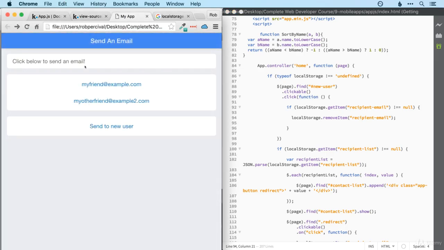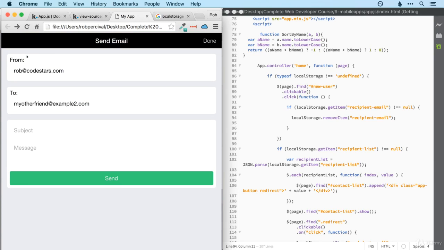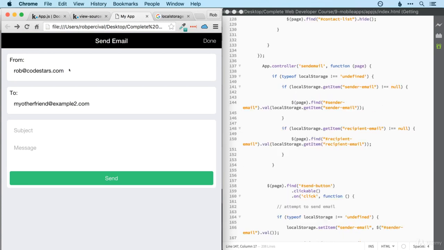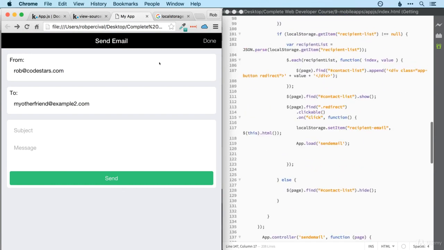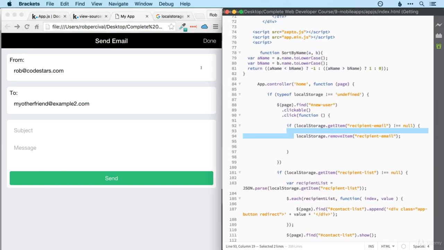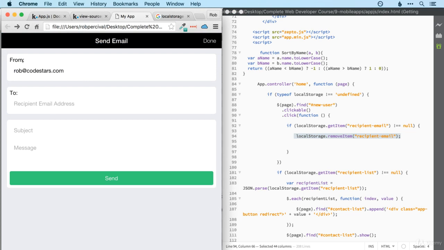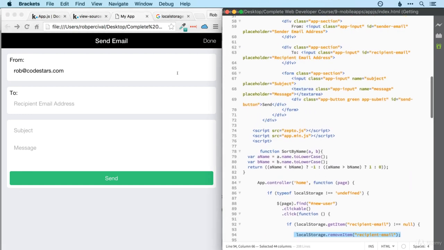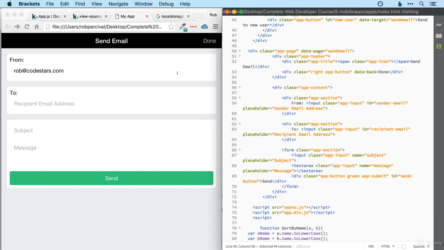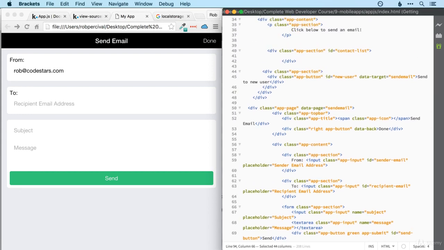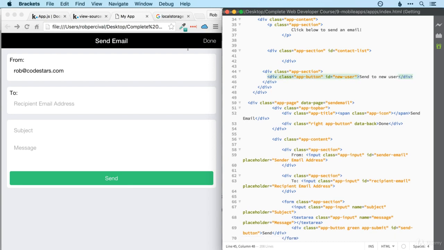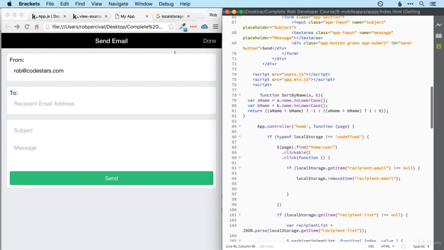Okay, so let's just check now. If we click send to new user, that didn't quite work, and that's because the code to remove the item is actually happening after the redirect takes place. So if we click done and then send to new user again, then we do have a blank email address here. In order to stop that from happening, there's, as is often the case, a number of ways of doing it, but the way I'm going to fix it is to remove this data-target from the app button class